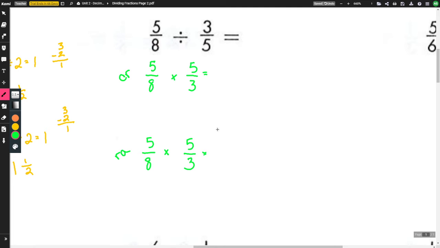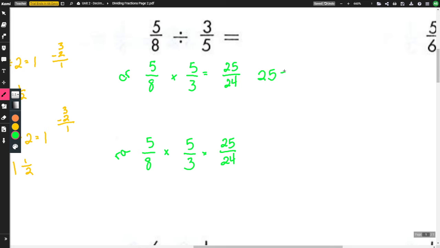Okay, so if I cross-reduce here, 5 and 3, nothing can go into both of them besides 1. 8 and 5, nothing can go into both of them besides 1 and 5 and 1, basically. So we just multiply across for both of them. Okay, and we do the same steps that we did the last time, which is how many times can 24